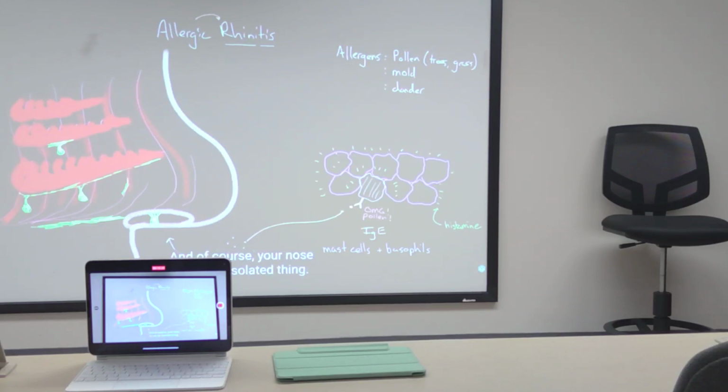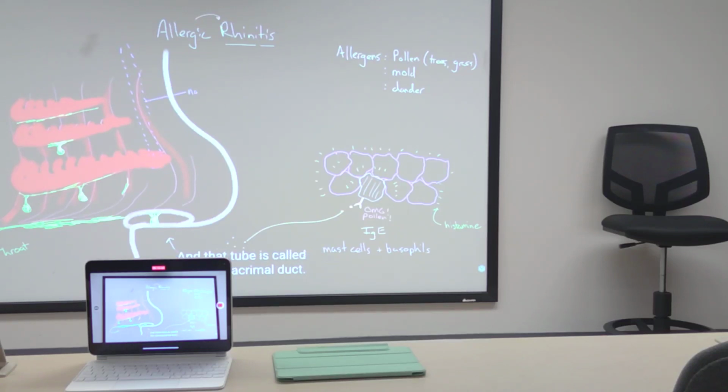And of course your nose is not an isolated thing. And as this mucus pools in your nasal cavity, it's going to head down this way, and that is towards your throat. So you can cough this stuff up as well. But your throat isn't the only thing that's attached to your nose. In fact, there's a tube that lives right about here that opens up just underneath this first ridge, right about there. And as the mucosa swells up, it can swell that tube shut.